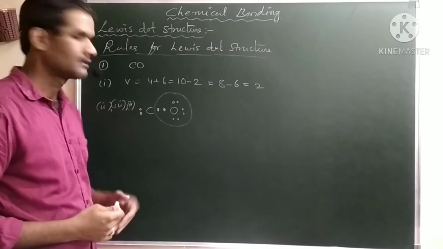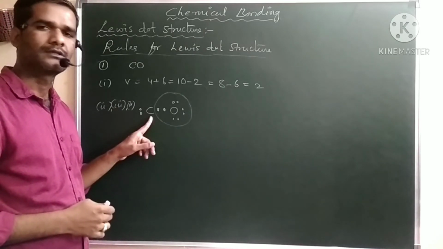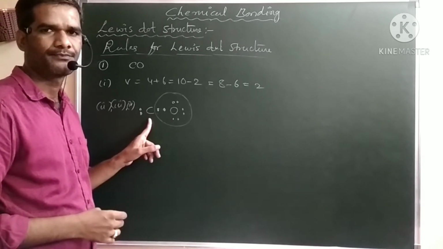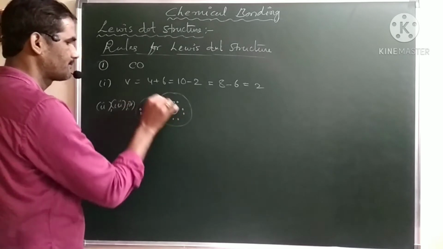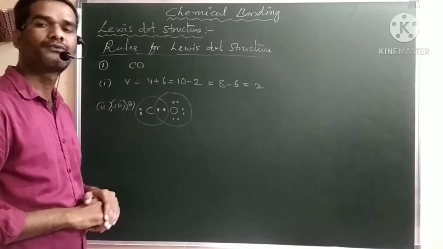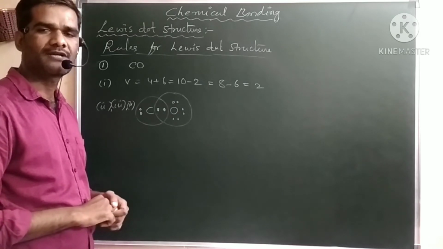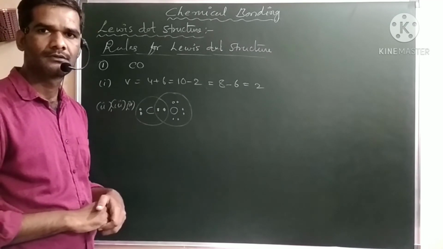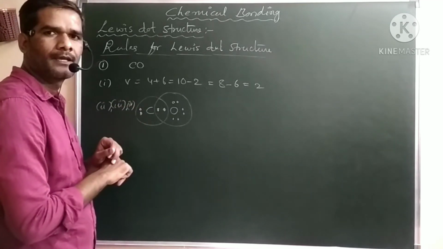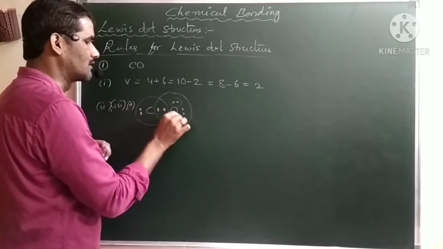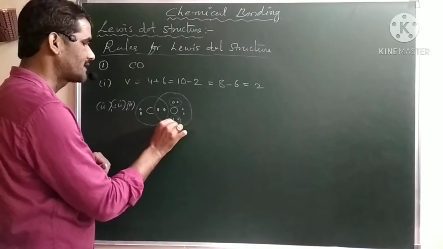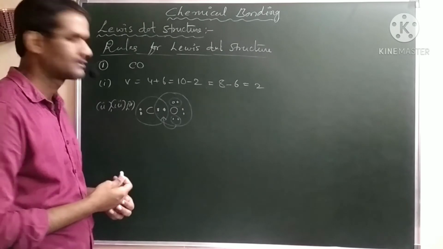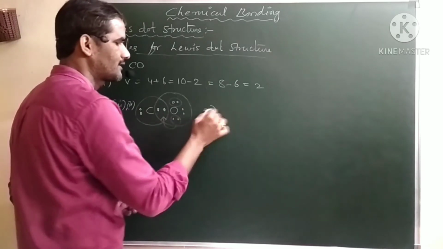And the fifth rule, we have to satisfy now the central atom configuration. This means the carbon central atom also should get the octet configuration. Now if we see this carbon, how many electrons are there? Here 2, here 2. Only 4 electrons are there. It means it requires 4 more electrons to fulfill the octet. Then what do we have to do? To fulfill this octet, we have to move these terminal electrons to the central atom to make double or triple bonds, meaning multiple bonds.